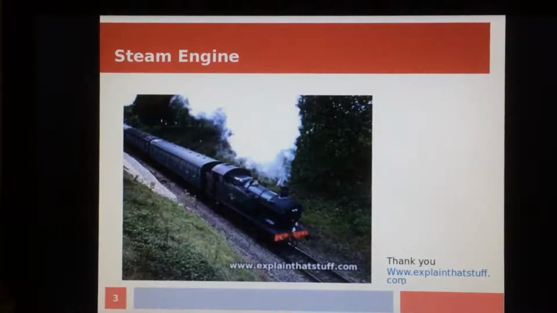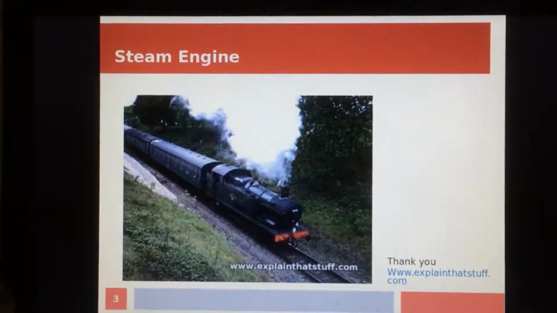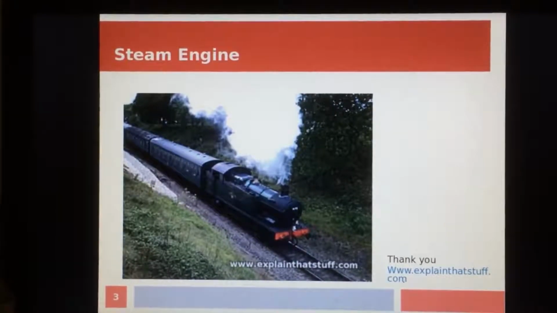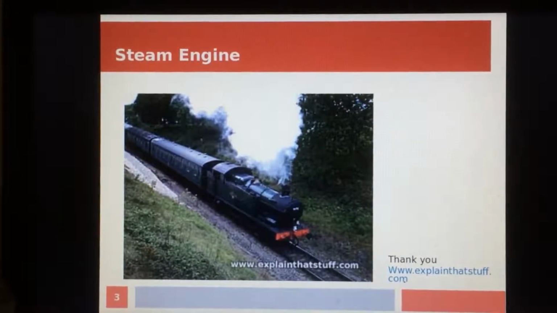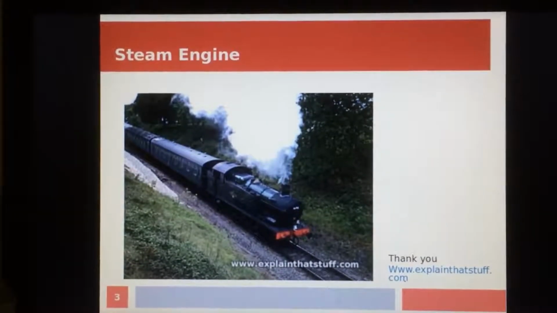This is the famous heat steam engine. We are well aware of it. Steam engine, James Watt. The principle of the steam engine is